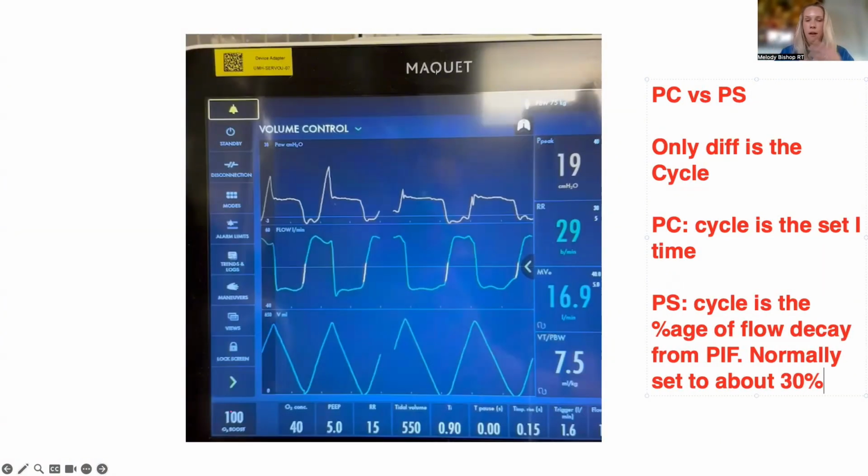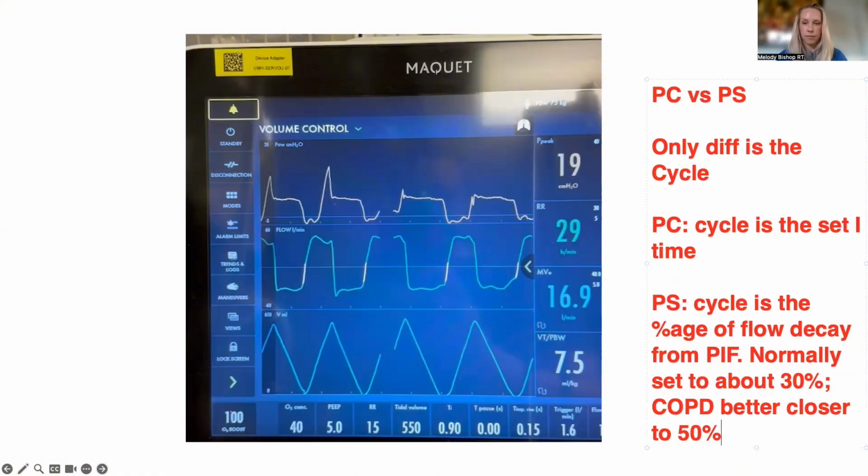And that is a normal physiologic process in our lungs. So pressure support literally tries to be spontaneous by banking on that natural decay that happens in inspiratory flow. And you can think about a patient, if they stop breathing in and they start to try to breathe out, that will naturally also decay the flow. So it's a computer trying to synchronize with a spontaneous breath by banking on normal physiology.